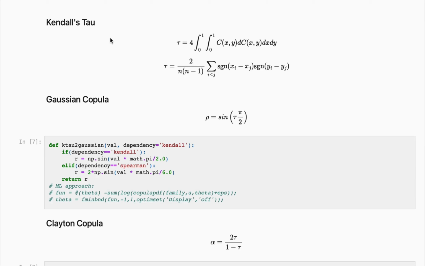Maximum likelihood, for example, gives you some nice statistical properties such as statistical efficiency, while Kendall's tau is nice because it's simple. It's simple to compute. So depending on what you need for your specific application, you would choose the specific estimation procedure. But that kind of gives you a background of the relationship between Kendall's tau and the copula parameter and the